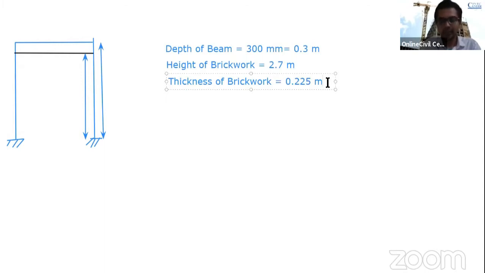So we have now got the height of the brick and the thickness of the brick. We can now find out the area of the brickwork. Another thing, brick is not an individual entity used in walls. Mortar is also used. So let us also find out the thickness of mortar, and the height of the mortar will be the same because the height of the brickwork is the same. So let us find out the thickness of mortar.